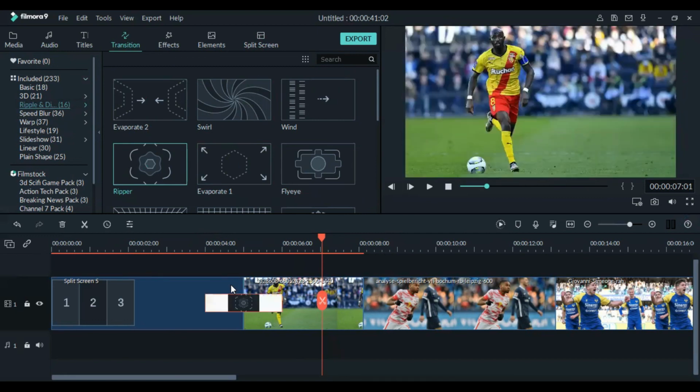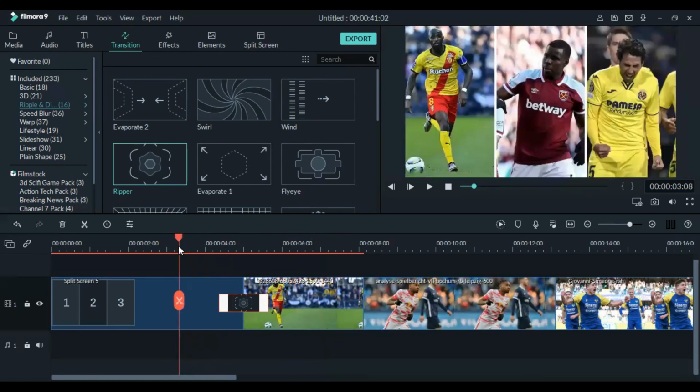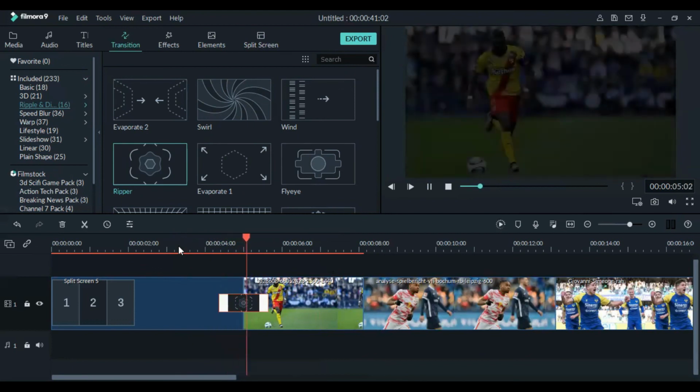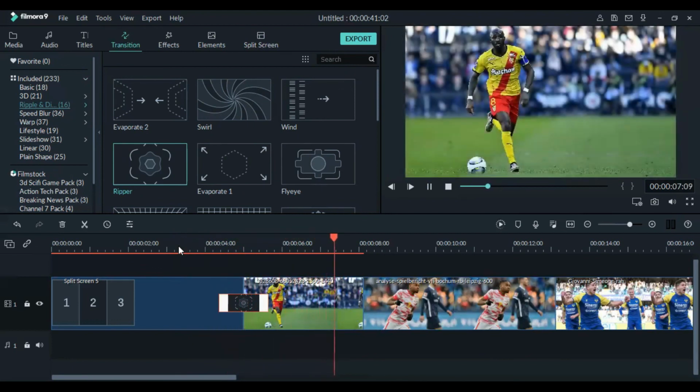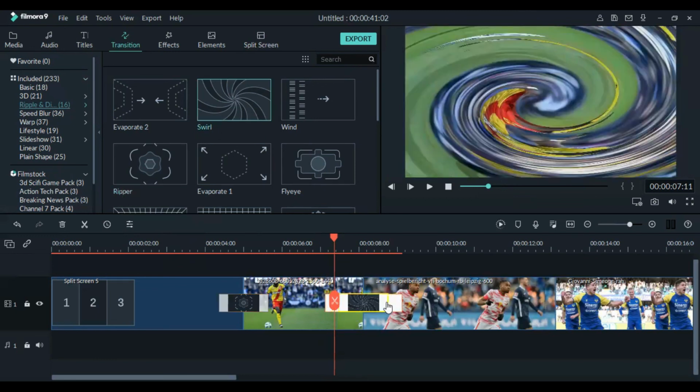All these transitions help, like they are joiners from one photo to another, or from one video to another. So I'll put it in the middle of the photo. So when I try to play my video, that's how it appears. So that's the transition I've so far put in my video. So I will go ahead and add as many transitions. So you see that